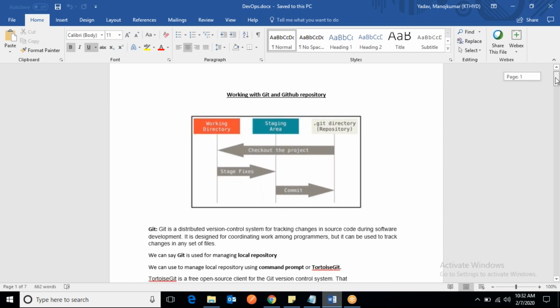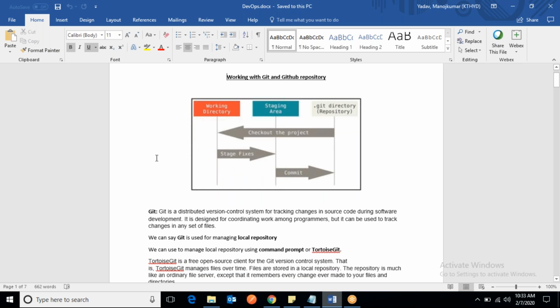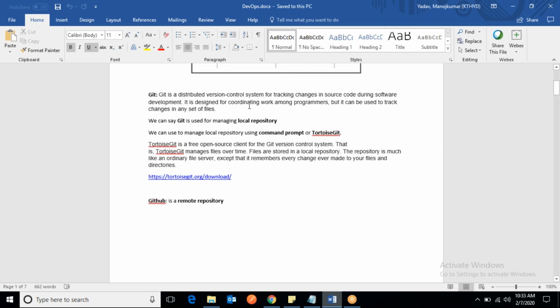So I'll just quickly brief what we have covered till now. Git concept, working directory, staging, local repository. For people who are very new to Git and GitHub, I say just remember Git as a local repository, on your system, whatever Git you have installed for managing your versioning of source code.